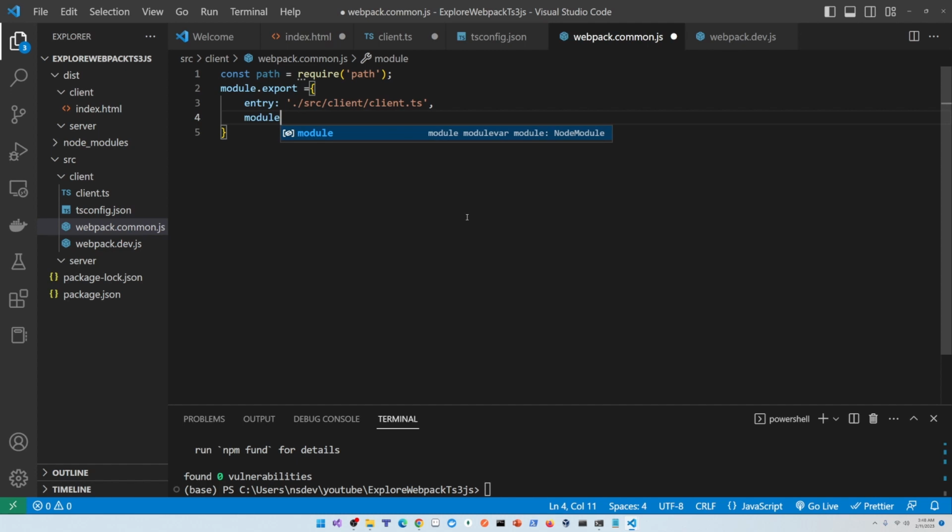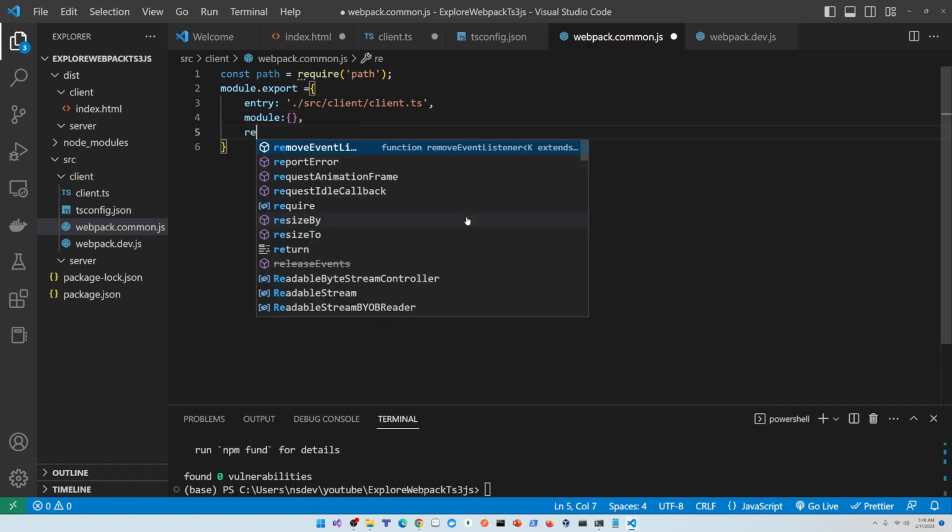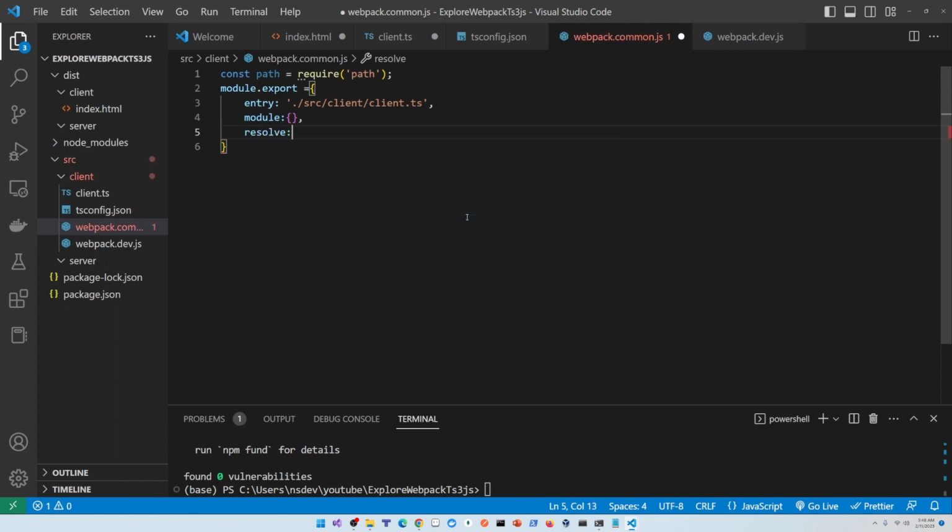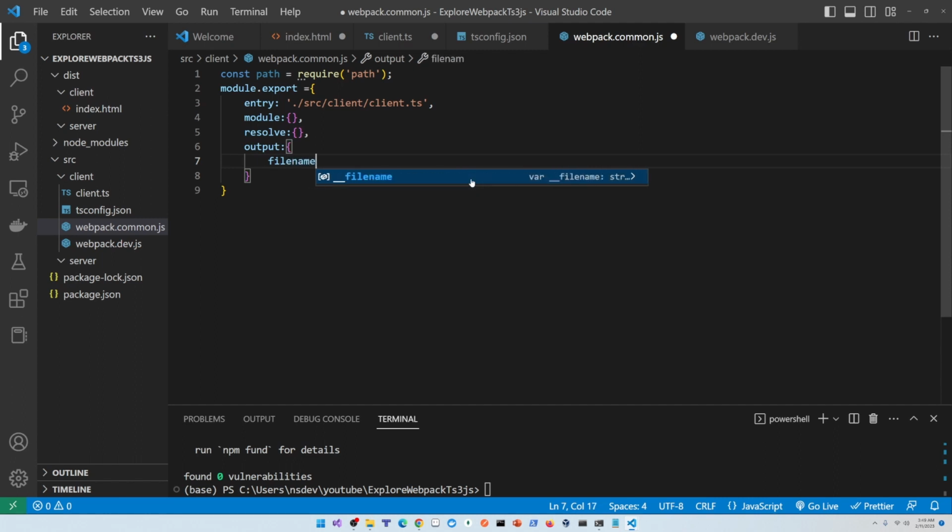Then we'll have a module. Then we will have resolve. Then we have output. Okay, I think that's it. So let's go from bottom up. Let's start with what you want as the output. Let's say file name will be bundle.js. Okay. Then the path will be